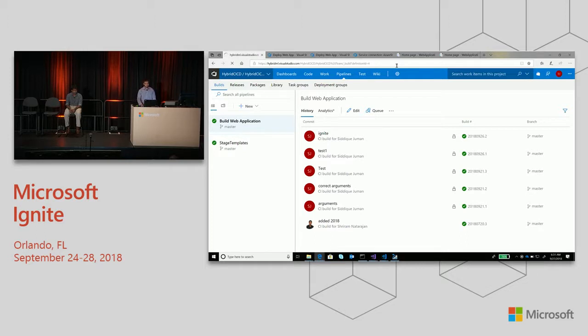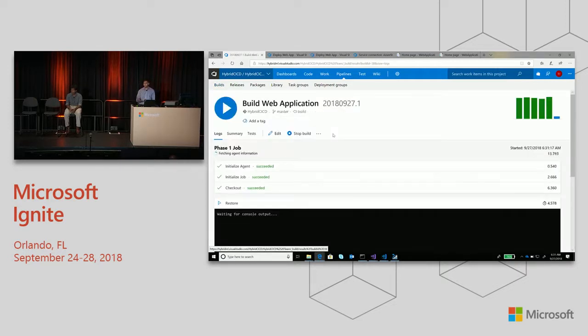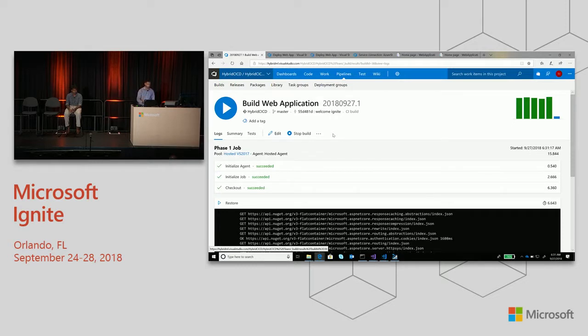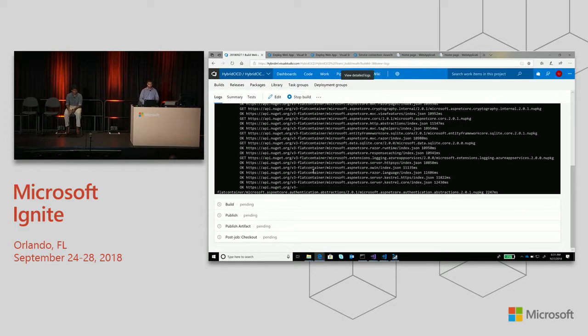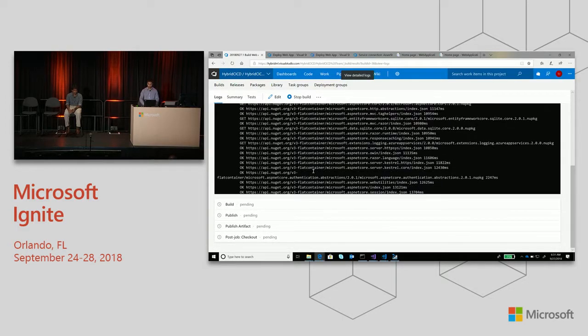And once it refreshes, you'll see that the build right here, welcome Ignite, starts to kick off. What that essentially does is it starts to get your web application together. If you have NuGet packages, it starts to restore them. For my simple web application, there aren't as many tasks associated with it. It initializes the agent, initializes the job, and starts going through the build process.